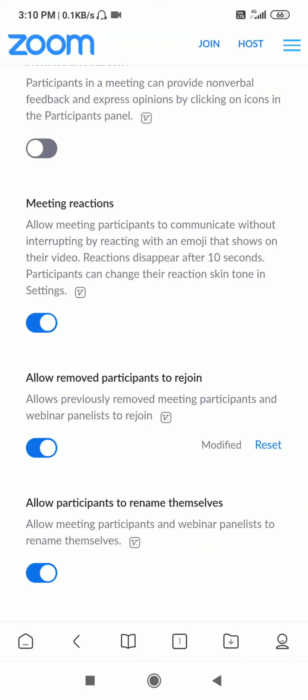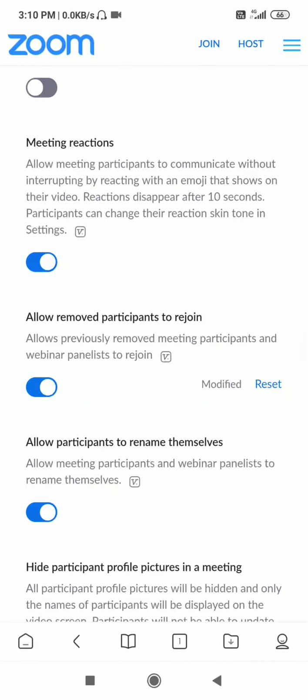By default it is switched off. It means whenever a student is removed, then he or she will not be able to join that meeting again. So we have switched on this option, which means they will be able to rejoin again.